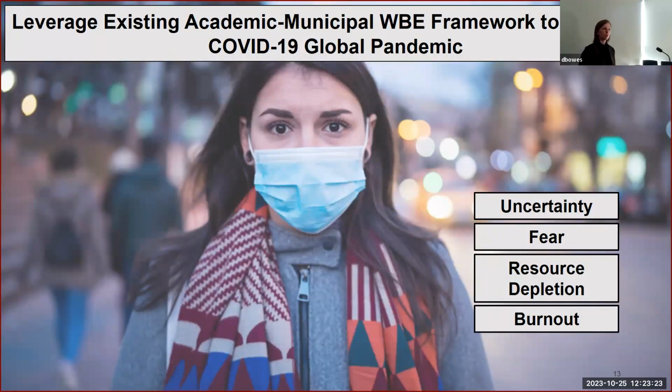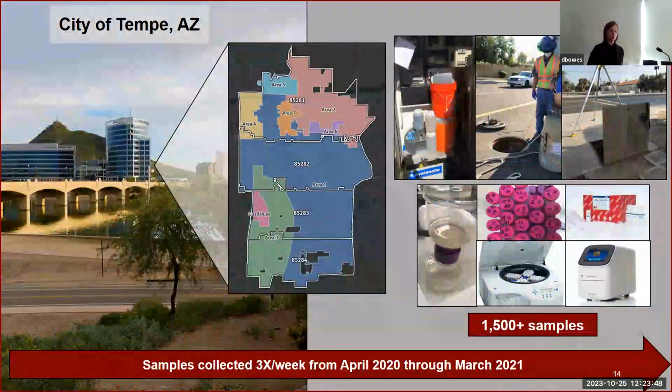So that sparked a lot of conversations within our team with the city of Tempe. We said, hey, I think that we have an opportunity to respond to this. And just a couple of weeks later, we flipped an analytical chemistry lab at Medical for Mass Spec to be able to analyze for COVID-19 using qPCR. And starting early April 2020, we were ready to go.